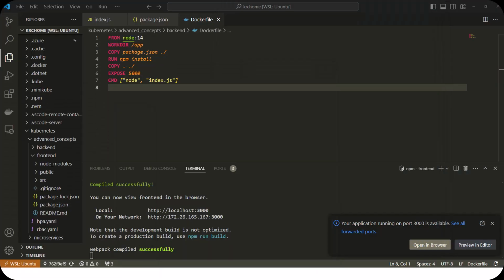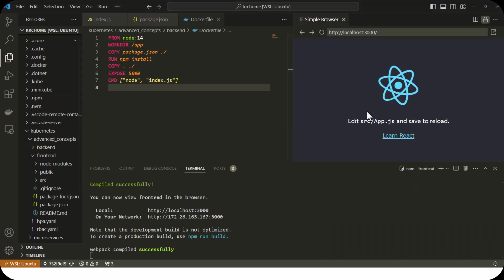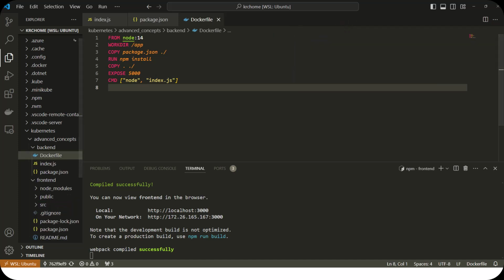Okay, so the React frontend is already built with the React template, and I could preview in the editor also if you choose. So it is there, the preview editor. You can just close this. Now close this also. Okay, so our job is working so far. All right, the next thing is,